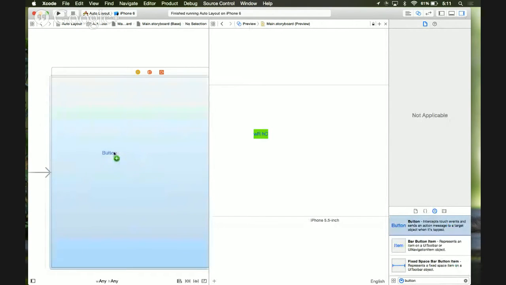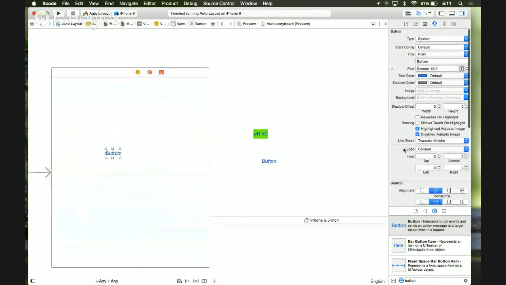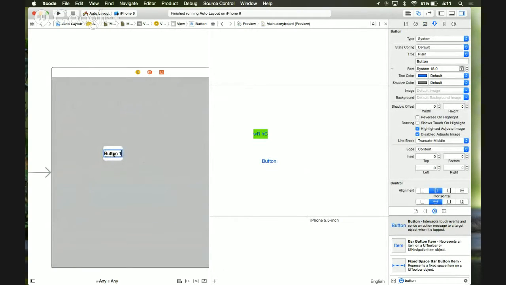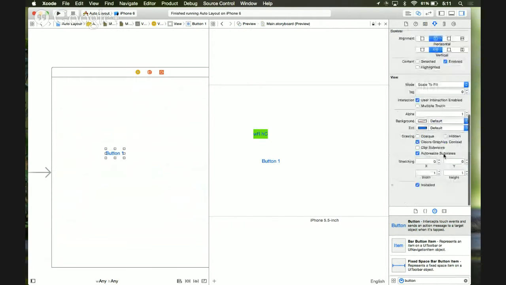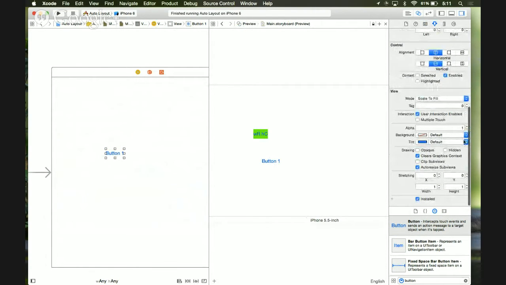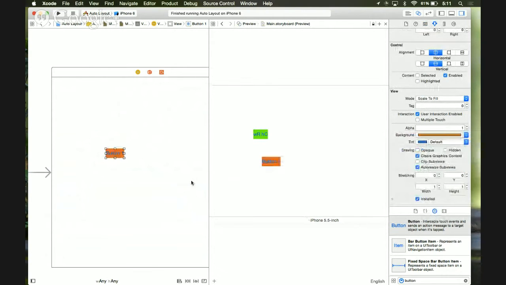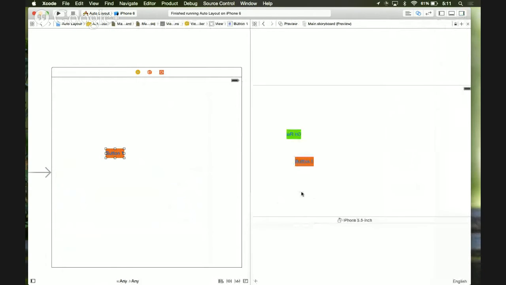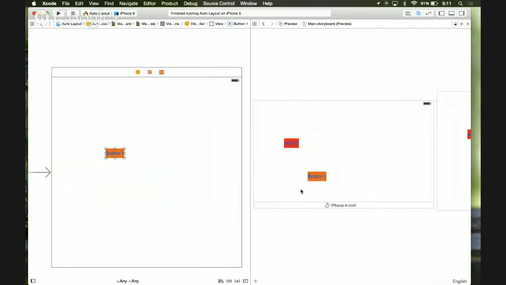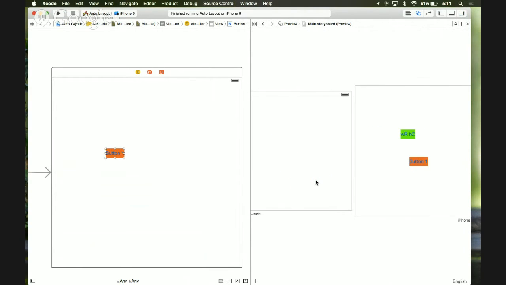I'll place it right there on that size class, and we'll call it button 1. We're going to be adding more buttons in the future. And let's go ahead and make this button orange. I'm going to click the background, make it orange, and you'll see here on the right-hand side, the assistant editor, where I have the preview of my different devices, that button 1 is appearing on all of them,